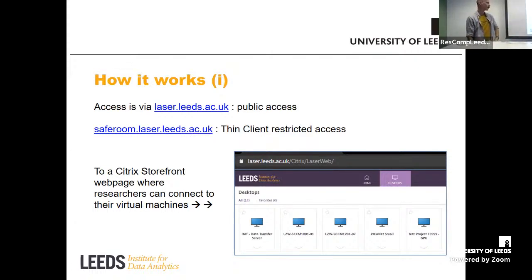Then you log into the Citrix storefront, which presents each virtual machine that you've got access to. Like I mentioned earlier, VREs can have more than one virtual machine, and they'll all appear here. So you pick one you want to log into, and